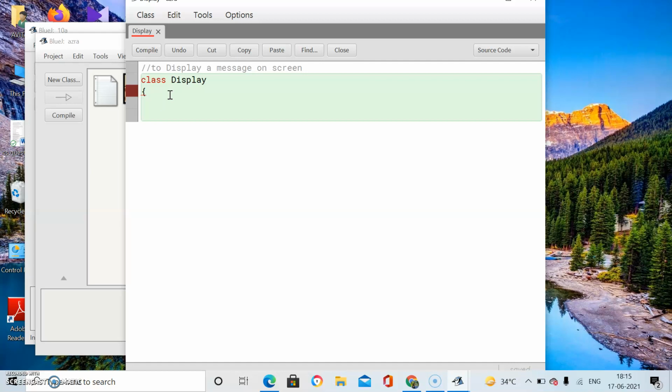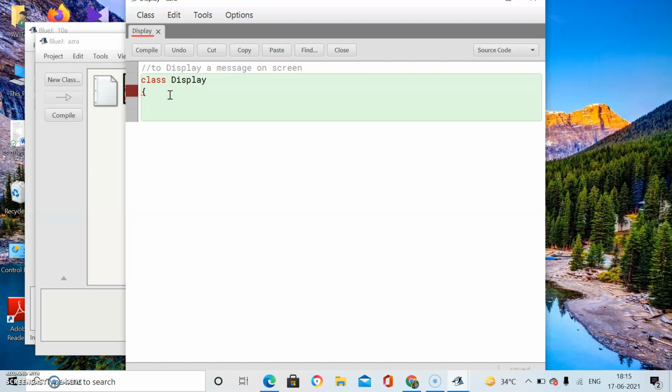We are not in need of any data in this program. No data is required. So we are not going to take any variable to store any data. That is why I am not taking any data variable or data member.